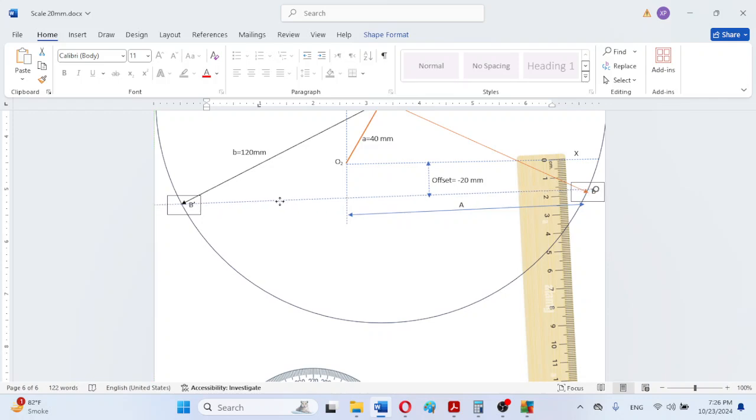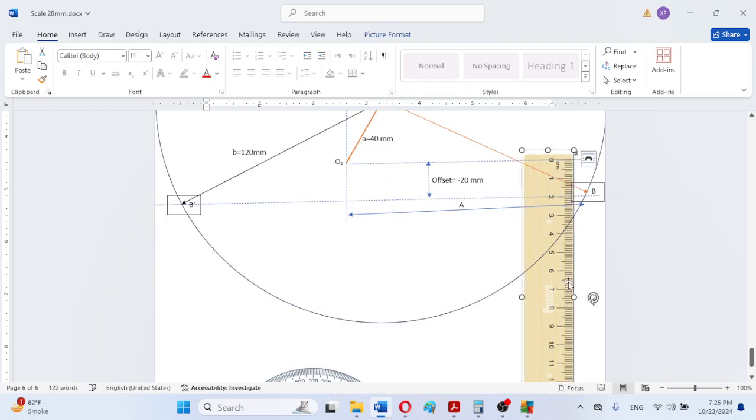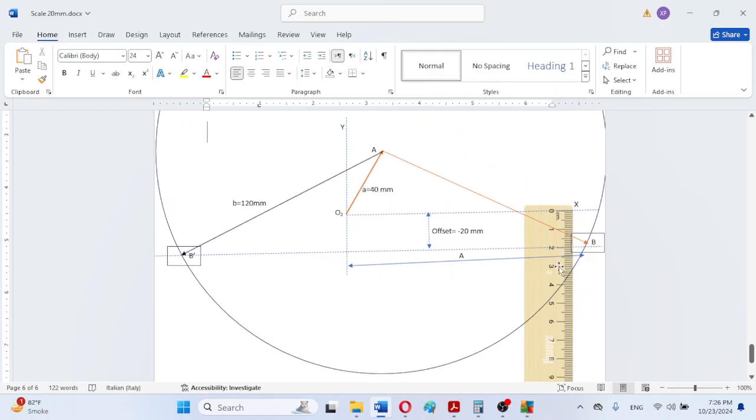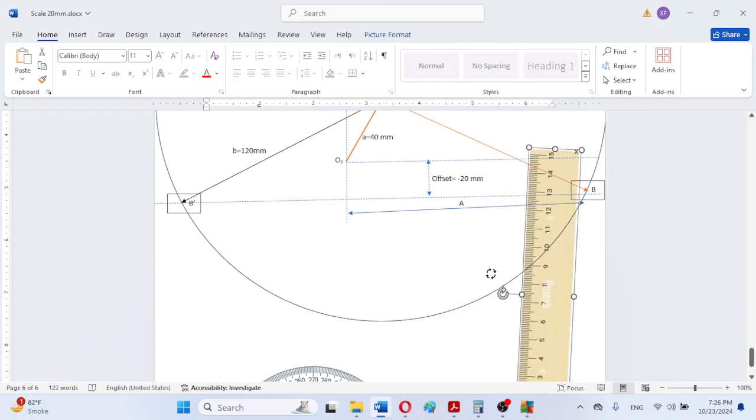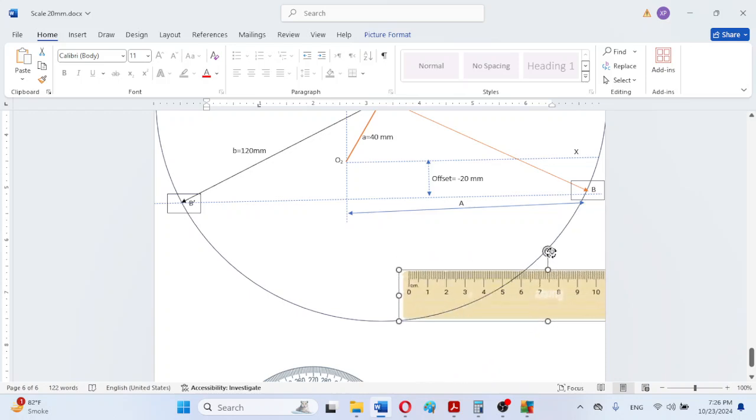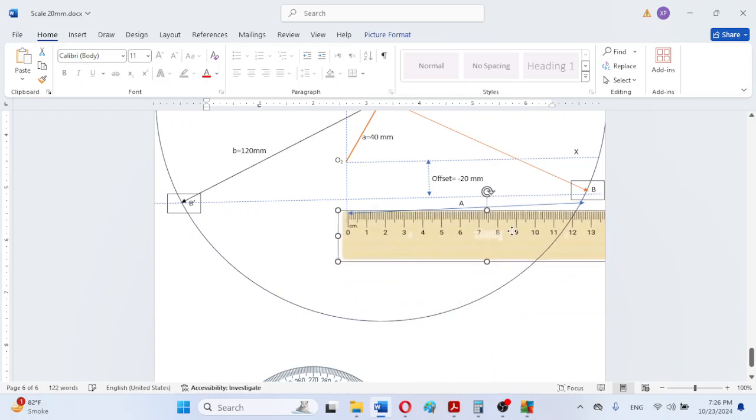Not at the proper location, so it must be here. So this is now seemingly exactly 2 centimeter, and now we will be moving this scale and again will be verifying from here,